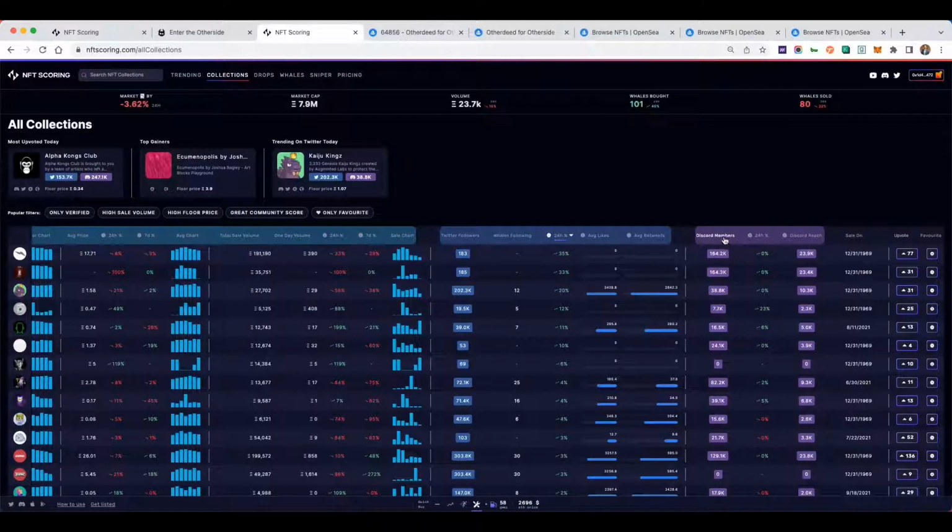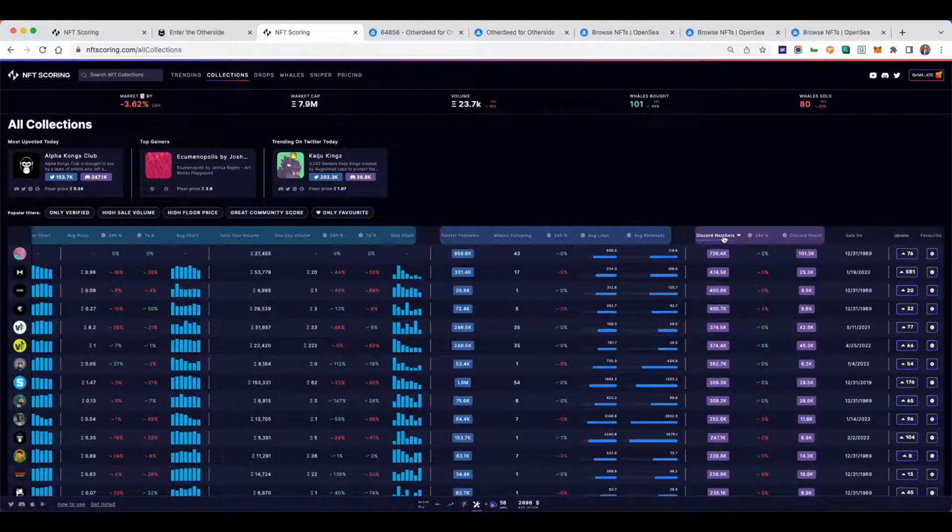Now the last part is Discord members versus Discord reach. What does this mean? So many of us use Discord members as a way to identify if this project has a good, strong community. But by now, most of us know that that is not necessarily a good signal. We know that you can easily buy Discord bots to pump your numbers. I'm not saying that any of these guys are doing it, but what we do here to help you make